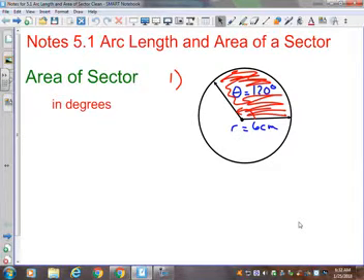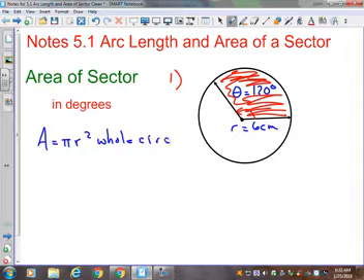So let's talk about just regular area. When you find regular area, you have pi r squared, and this is for the entire whole circle. But in our problems, we're only going to want part of a circle, a fractional part. Now, you heard me say that I thought this looked like a third of the pie. Why is that a third of the pie? Well, when you want to do part of a circle, you take how many degrees it is out of 360, because 360 is a whole circle,